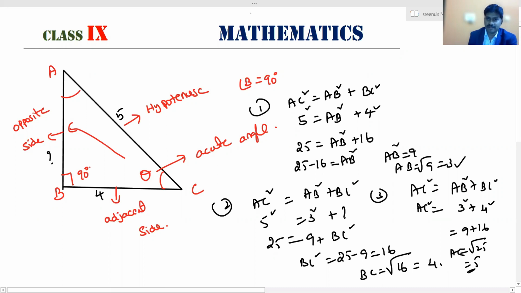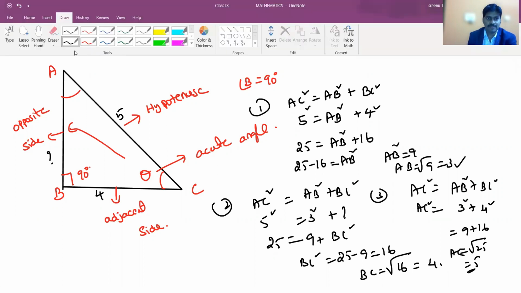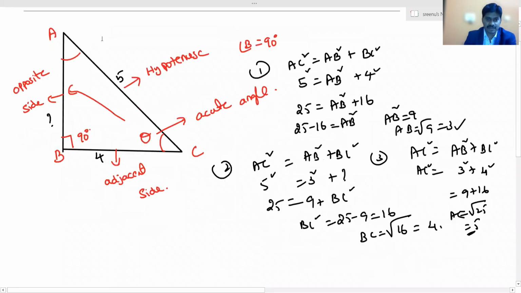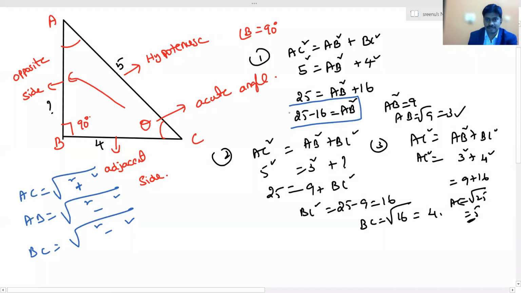You observe carefully. Here is some logic I will tell you. Just scroll up. If you want AC, if you want AB, if you want BC: AC, if you want, you have to do the sum of the squares. AB, you want big one square minus small one square. Observe the calculations. See what I did here, subtraction only. Here also subtraction only. But here what I did? 25 minus